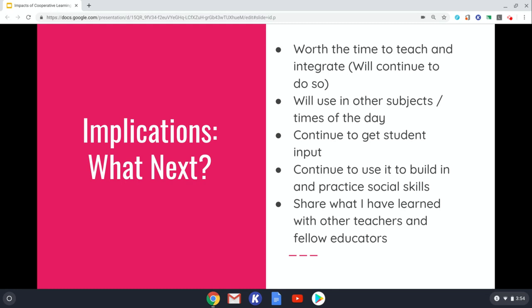If for no other reason, I would continue to use cooperative learning because of the social skill payoff I noticed. Cooperative learning allows for students to practice social skills in their classroom in a safe setting, and I plan on being more intentional about communicating with students the importance of these social skills and how important they are for their success in life. And I also plan on using my experience and knowledge from this study of cooperative learning and its impacts on students to guide and persuade some of my colleagues and other educators to try cooperative learning in the future.